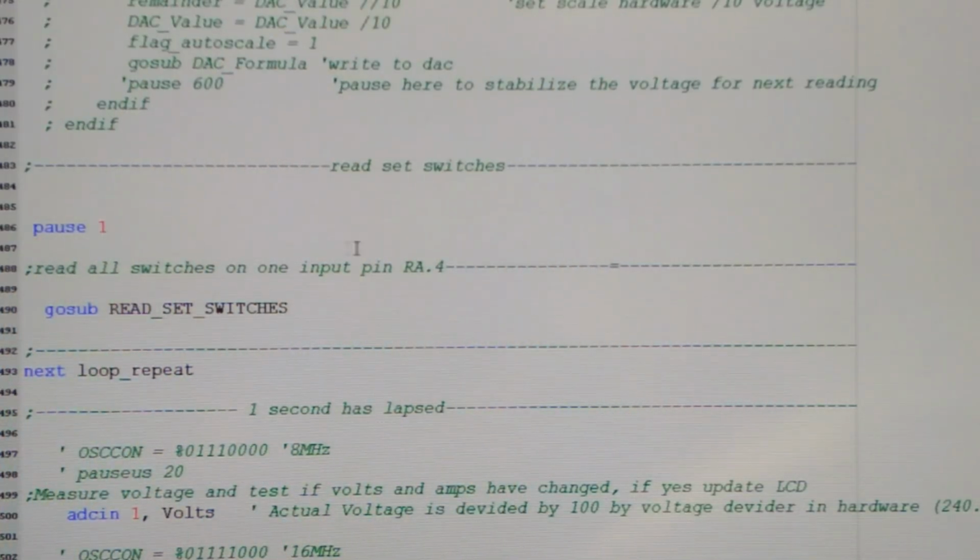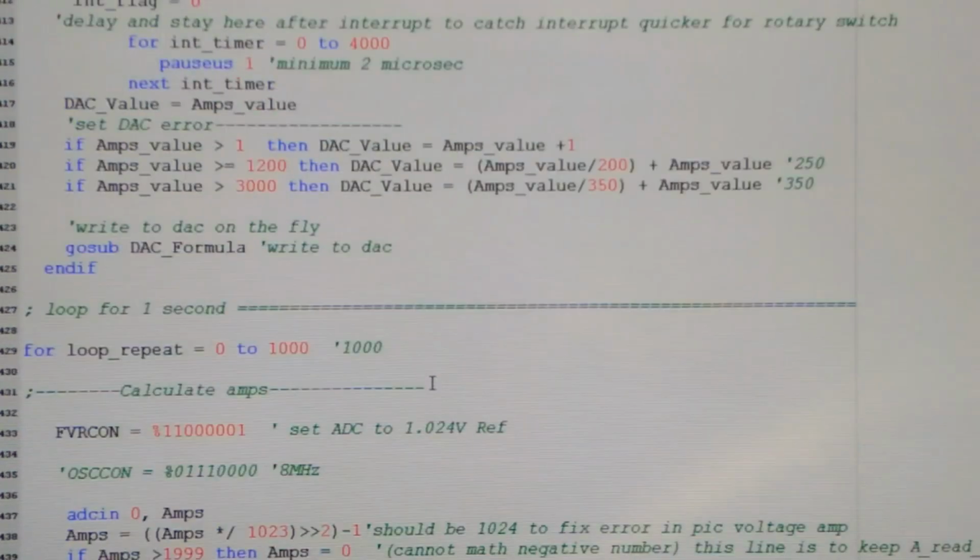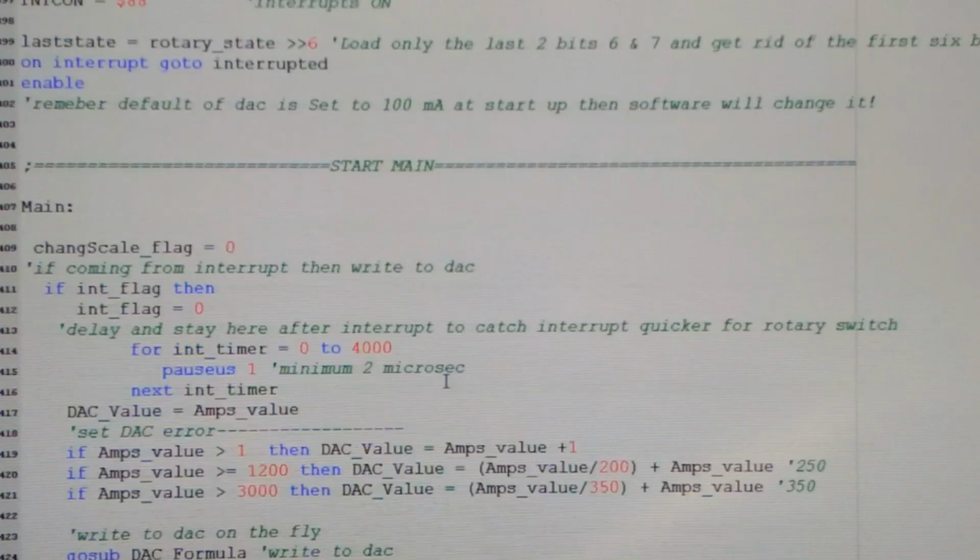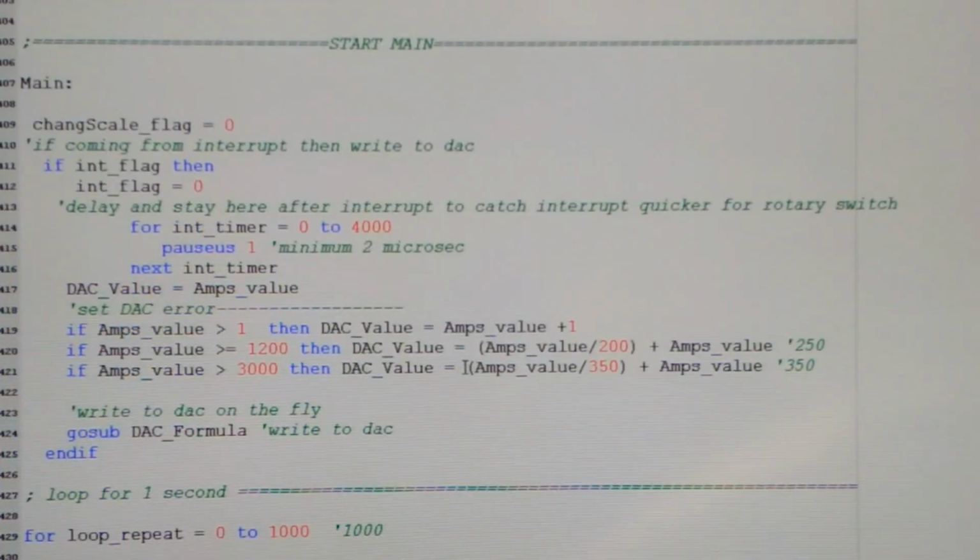You think, well, why are you running it like that then, if you're criticizing it? Because Pic Basic Pro, it's complicated to write your code in assembly. Not because they're making it easier for you. That's actually a lie. They're not making it easier for you. The way they've written it, it sounds like for the rest of the stuff it's easier